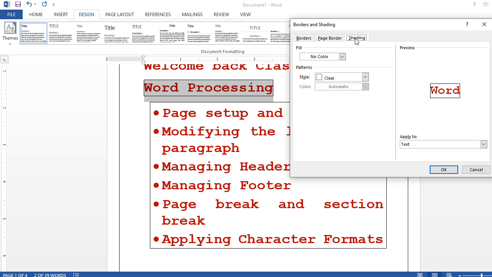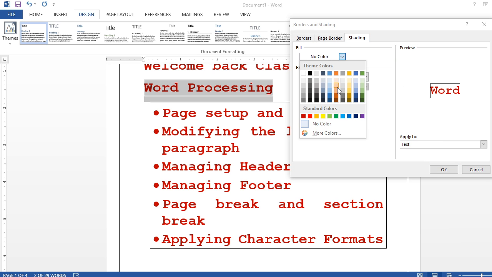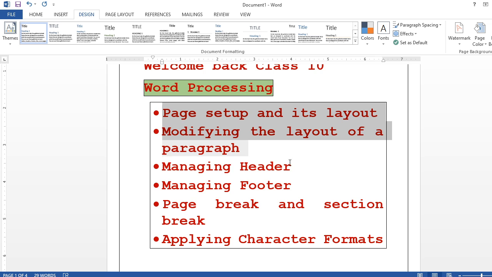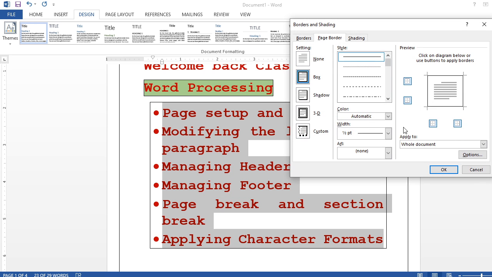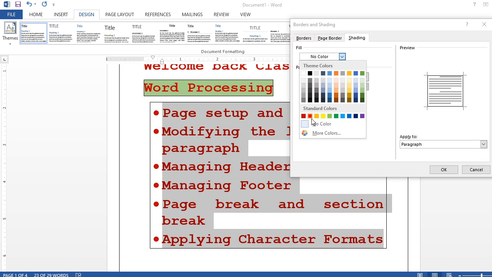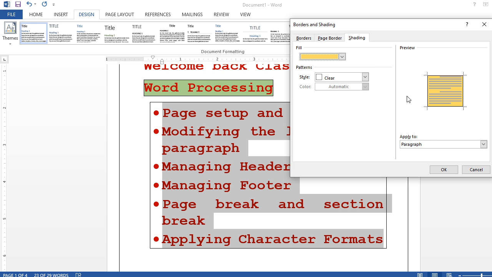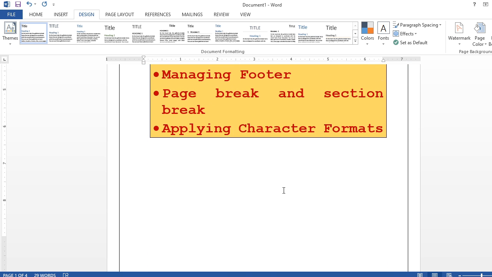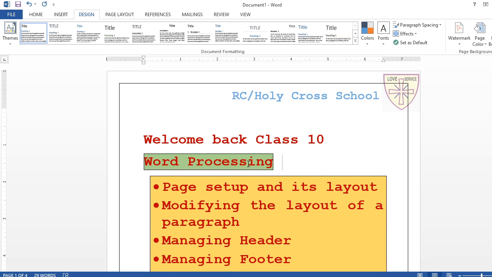Again I am going here, I want to give a shading. Suppose you know color, I don't know much what color is good and bad. So I'm giving it this green color. Let's see this text, just check it out. Then again I am going back here, again this page border, again in the shading, again color here. Which color I will give, let's suppose, very difficult to select. Okay, like this way you can make it, understand. This is the difference between a page border, a text border, and a paragraph border, right.